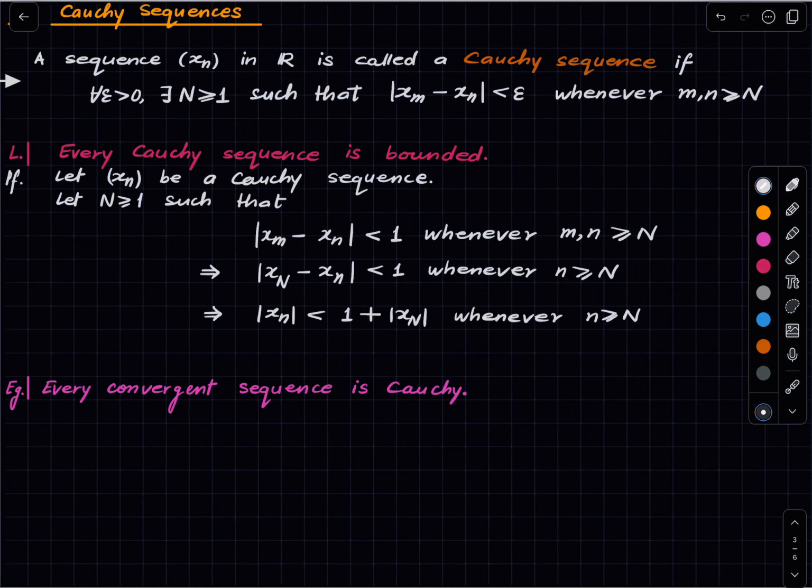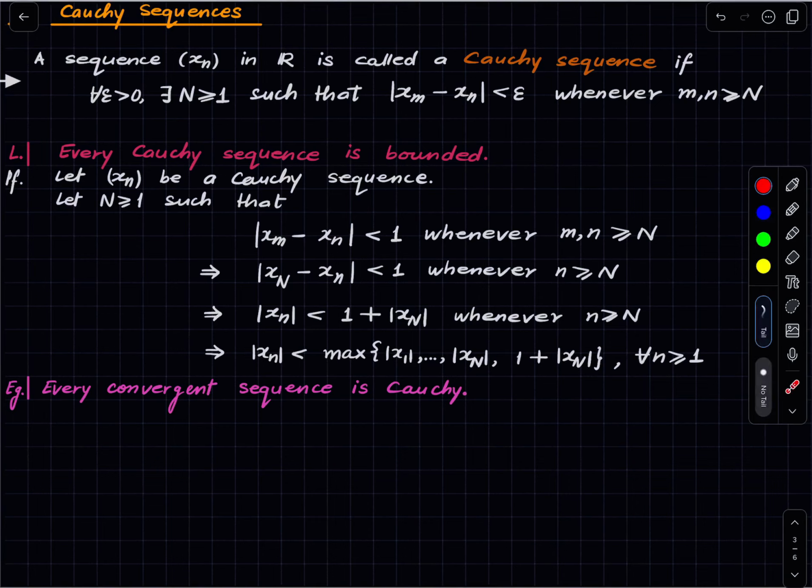Right, and lastly, that concludes that the sequence x_n is bounded. So why does the last thing happen? Well, if little n is at least capital N, then this bound works simply because of what we showed above. And if little n is smaller than capital N, then one of the finitely many terms dominates it. So it's a very simple thing.